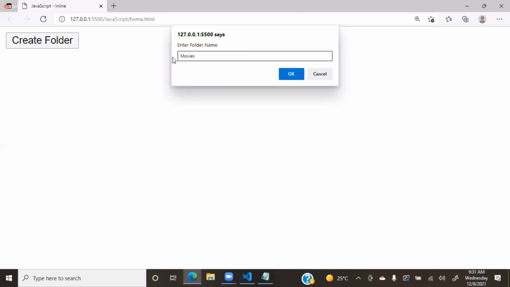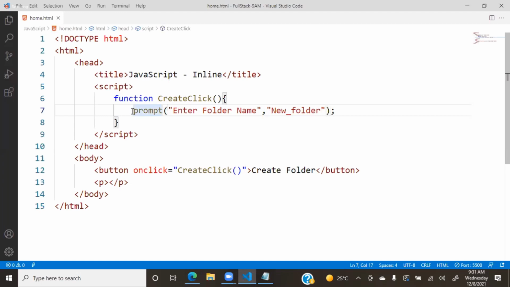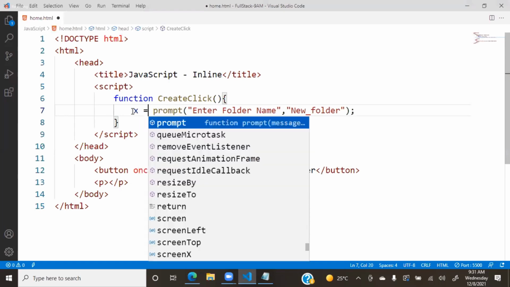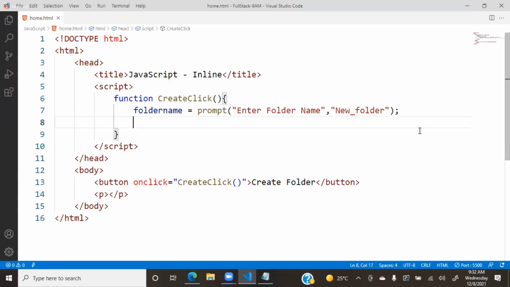So what we have to do now is capture this and store it in a variable, in a reference. Later we will learn variables. As of now, just put some x, or just give folder name here. Now it contains three situations. We will write a condition. If